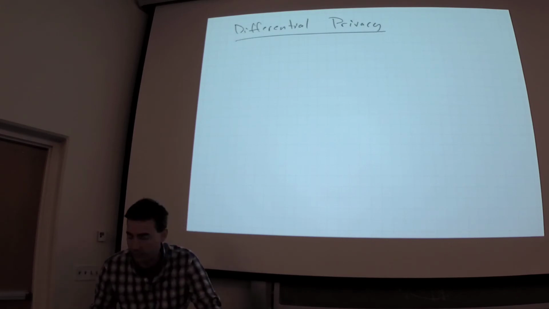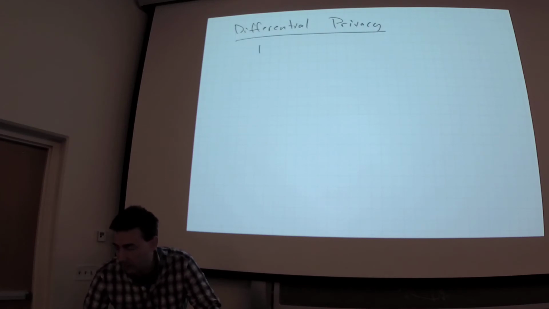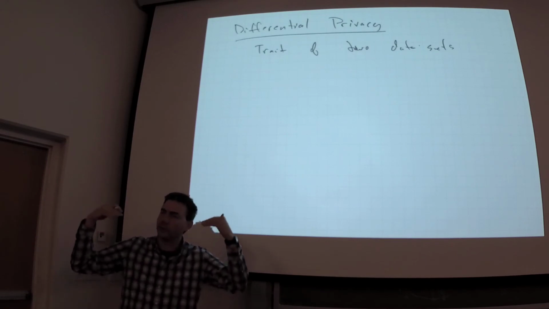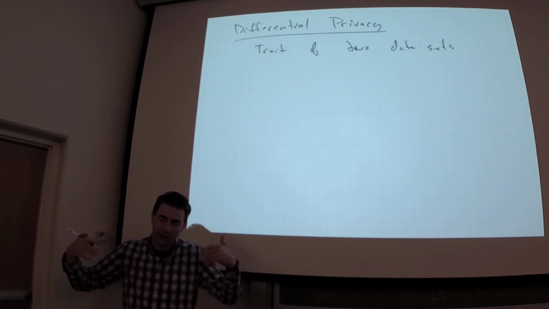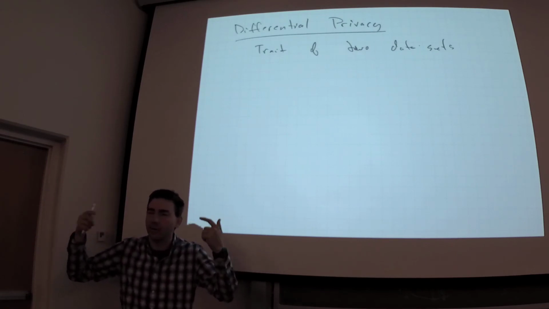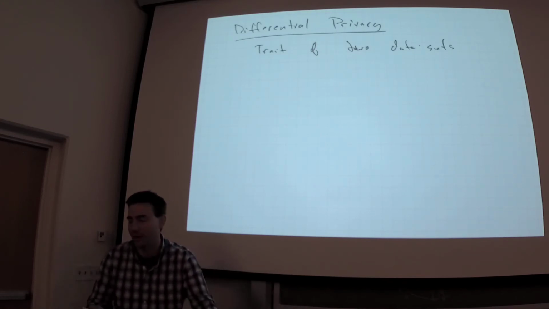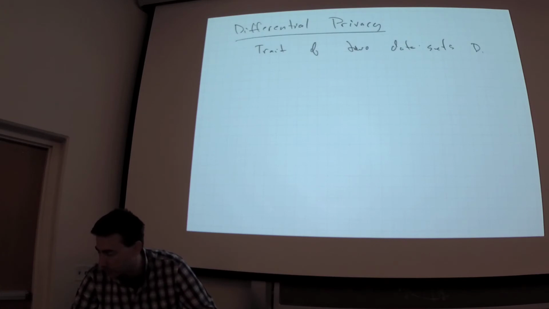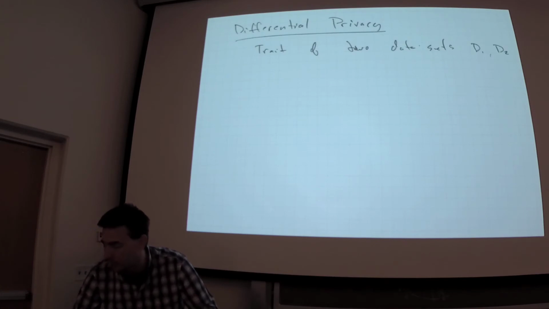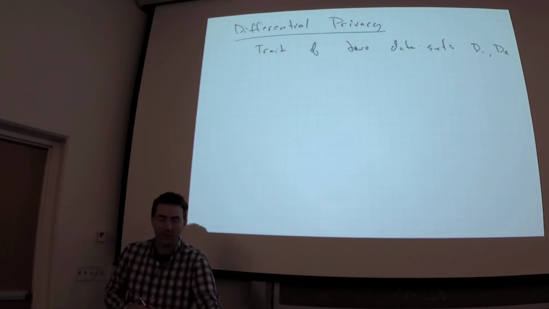Okay, so this is basically a trait of two data sets. So I'm going to try and explain this, and I'll go through some examples. There's more to grasp all at once than with the k-anonymity. So I'll try to explain it and go through some examples. So there are two data sets, D1